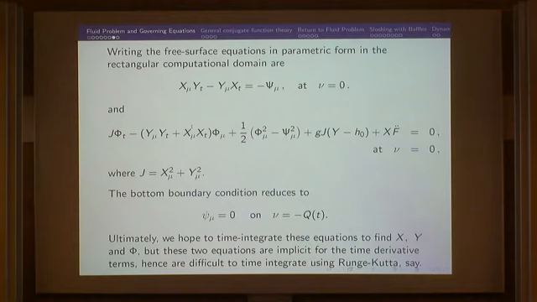Okay, so taking those original boundary conditions that we had, if we write those free surface boundary conditions with these new x and y variables, the kinematic boundary condition becomes the top condition and the second condition. This is Bernoulli's equation. Obviously, I'm just using one of the Bernoulli equations. It doesn't really change very much in the x's 1 to 2 range. So this is the form it has, just so we can get an idea of what these equations look like. And here, J, this is just the Jacobian of